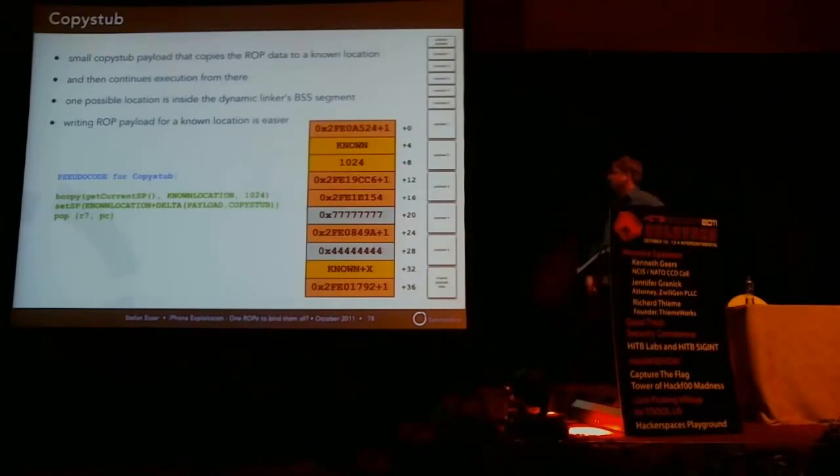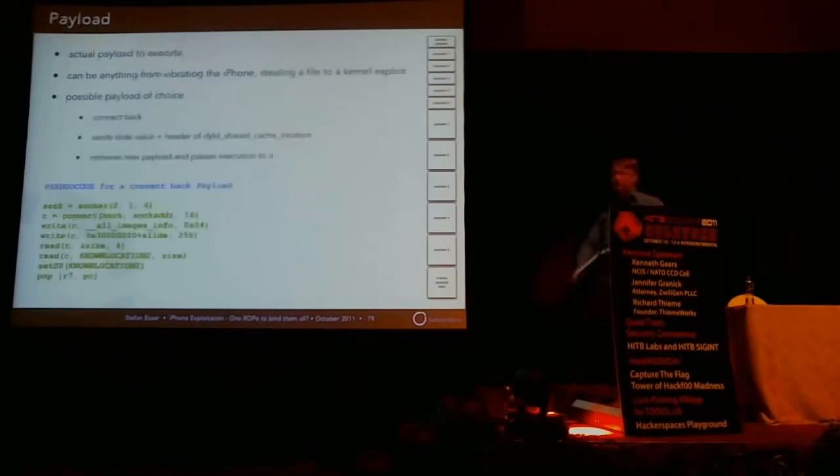And at this point we can generate the actual payload, and this can be some longer ROP chain. It can be a real kernel exploit that will completely jailbreak the device, but in this case we have to do it 5 times with 5 different gadgets. It can be simply vibrate shellcode, which will be unusable for an iPad. But for iPhone it will vibrate no matter what iPhone you have. You can steal a file, of course, but my favorite is that you just implement some connect back